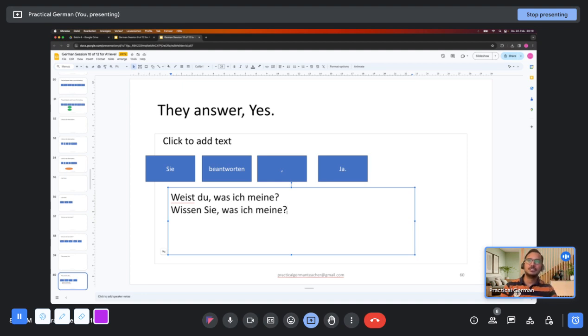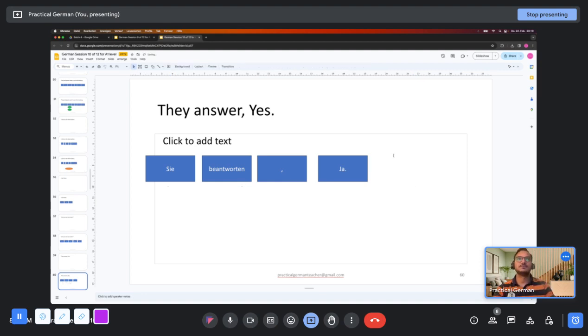So you should use these two phrases for anything. Whenever you are trying to say something and you don't know if the other person is getting it, just say, weißt du, was ich meine? Or wissen Sie, was ich meine? For some reason, people then really want to understand what you're saying. And whatever your level of German is, it will be enough for that particular occasion. Any questions about what I just said? These two phrases. Okay, no questions? Then let's continue.